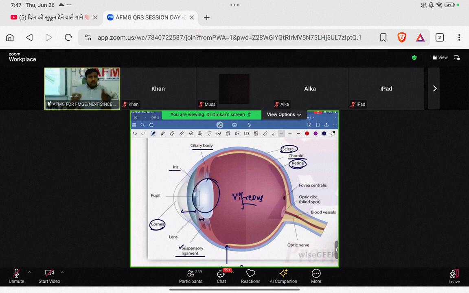But if I talk about the lens, the lens is in contact with both the fluids, beta. So it can get nourishment from both the aqueous humor as well as the vitreous humor. But majorly the lens gets its nourishment from aqueous humor. Now the cornea also needs oxygen. So the cornea will get oxygen from the atmosphere, from the air. The oxygen that the cornea gets is from the atmosphere or air.